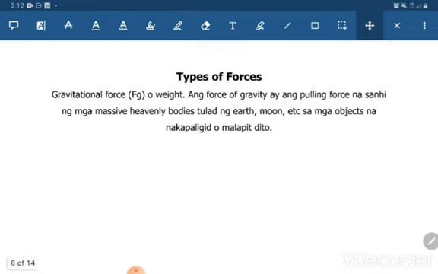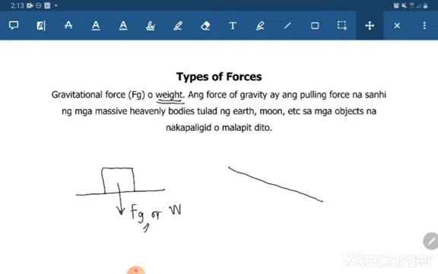Next one is the gravitational force. Ngayon, ang gravitational force is also called weight. So, ang gravitational force lagi ang downwards. So, laging arrow down ang i-drawing mo kapag meron kang gravitational force. Ang ating shorthand notation dito ay F sub G or W. Kahit pa nasa inclined plane yung object, yung kanyang naranasang gravitational force or weight,